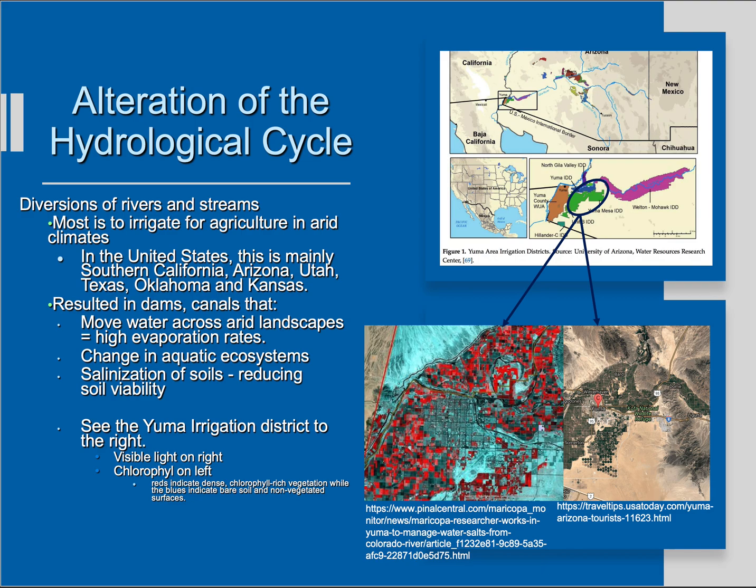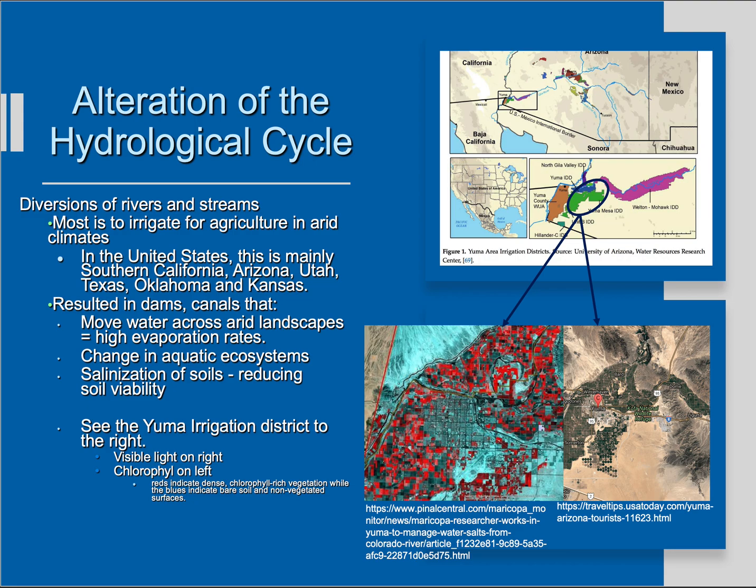What's highlighted on the screen here is part of something called the Central Arizona Project, and the Central Arizona Project is just one example of how significantly large these diversion projects have become. And so we've dammed up large components of the Colorado River, and in doing so, impounding that water in Lake Mead and other lakes across the river that used to run into the Gulf of California, now move that water across the